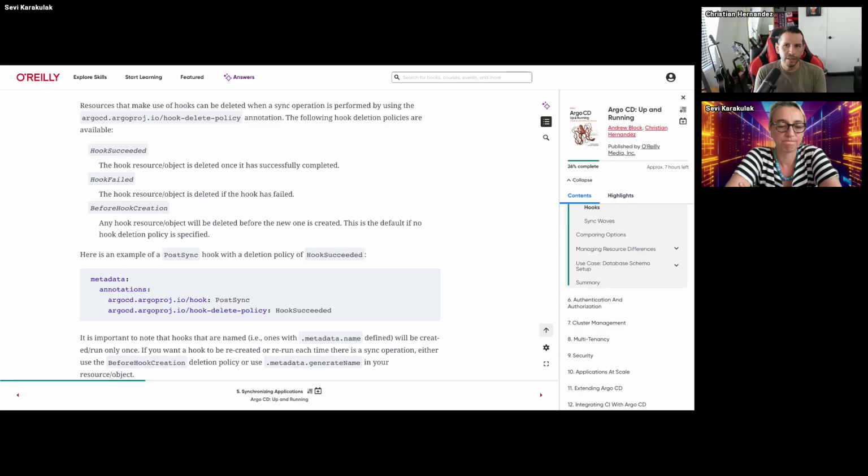Yeah. So anyways, there's a hook delete policy. It's like, what do you want to happen to this job after it successfully runs? Do you want it to delete? Or do you want it to delete only when it succeeded? Do you want to delete only when it failed, or before the next one runs? I think before hook creation is a good one, because it doesn't delete it after it runs, but it'll delete it before the next one runs. So it's basically